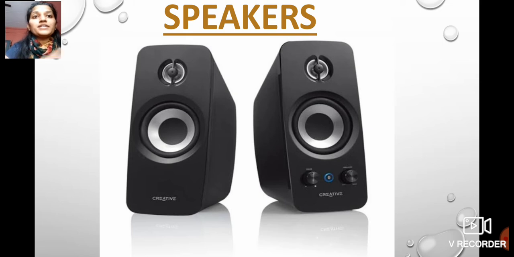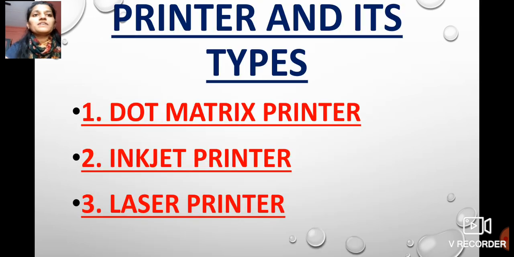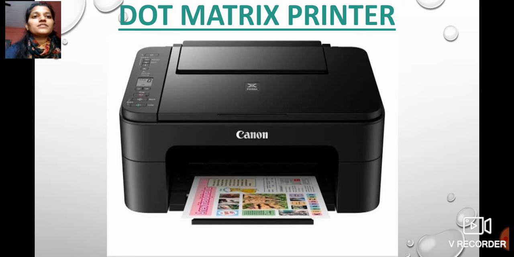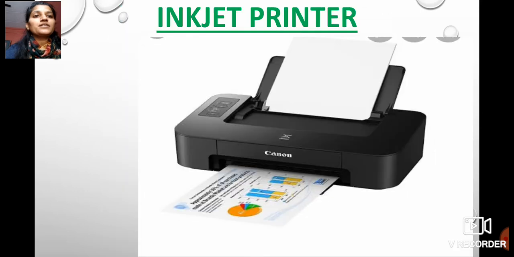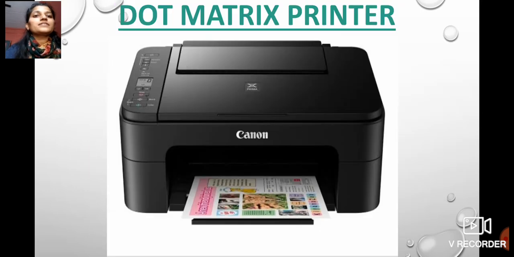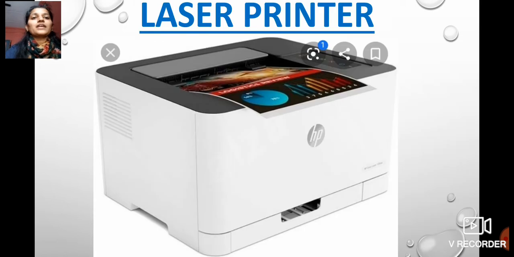Yes, then we have seen the speaker, which we use to listen to songs present in the computer. Then we have seen the printer, a very important output device, and its types. We have seen three types of printer: dot matrix printer, inkjet printer, and laser printer. This is the dot matrix printer we have seen. Then the inkjet printer, this one, and the very popular one, most commonly used nowadays, that is the laser